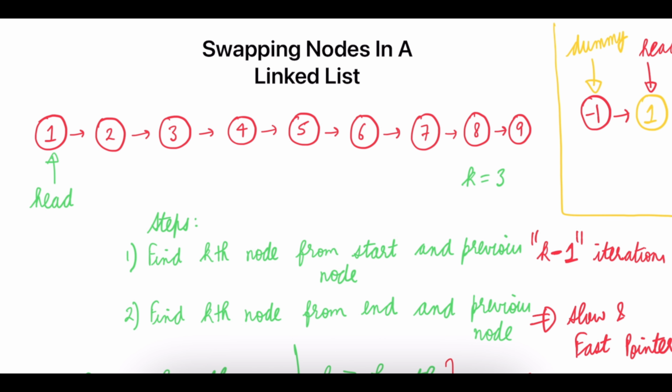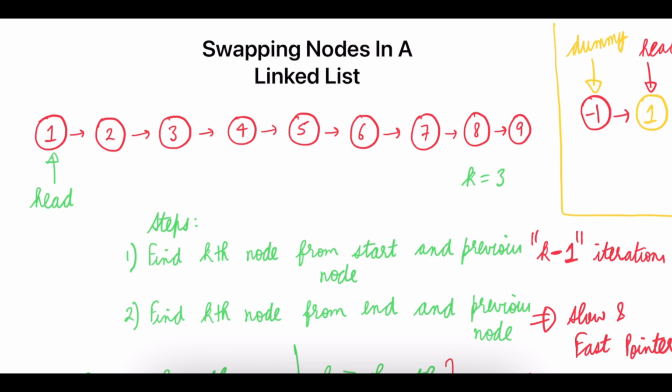Today we will be solving the question of swapping nodes in a linked list. So we are given a head of a singly linked list and an integer k, and we have to return the head of the linked list after swapping the values of the kth node from the end and the kth node from the beginning. So here we are given this singly linked list where the head of the linked list is at node